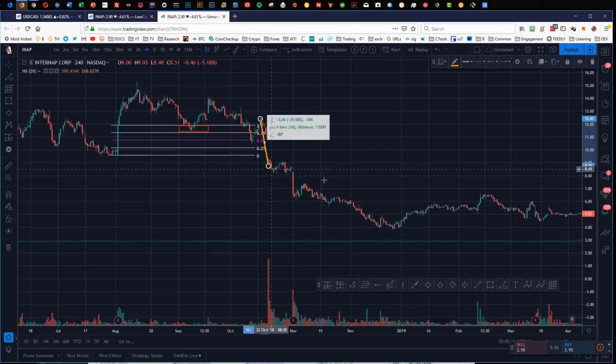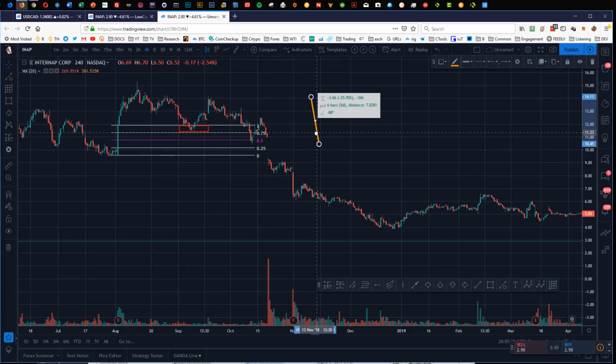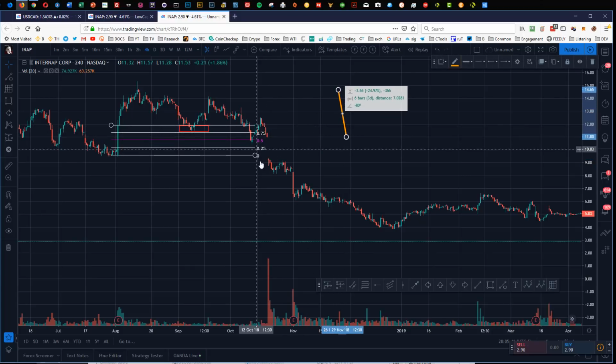If you would just count this one impulse move, it never even tried to fill that gap. Most gaps are usually filled, meaning that they're tried to be filled. They're tried to be breached again. It didn't even breach that. So here in this trade, one thing that you'd have to be very mindful of is that in this trade,